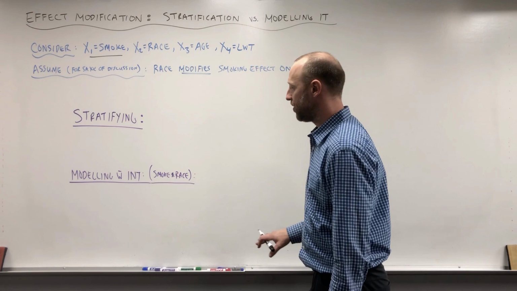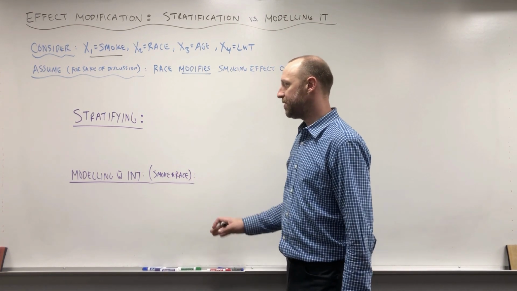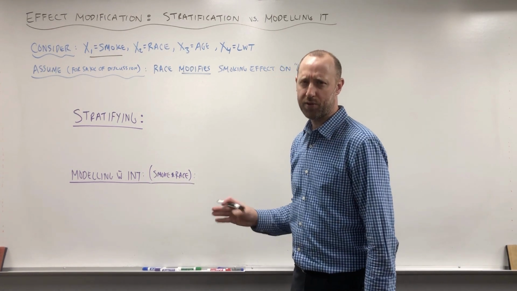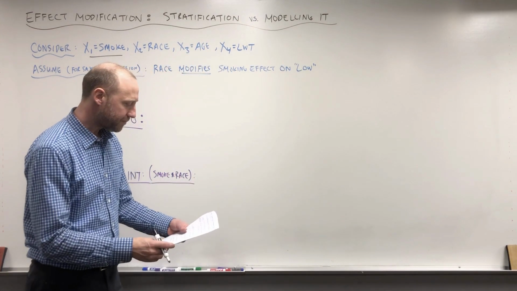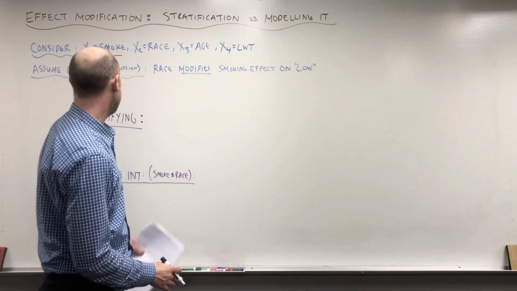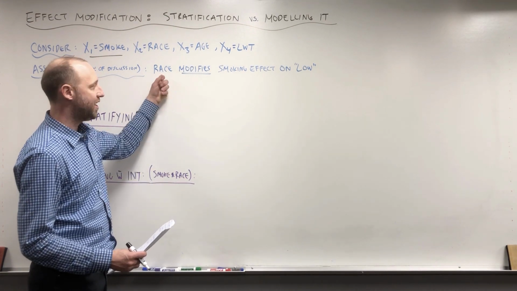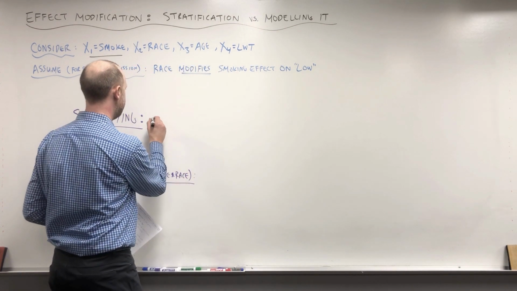So what I want to talk about is the assumptions, the explicit and implicit assumptions when stratifying versus modeling it, and some of the pros and cons of each. So I want to help you connect these two ideas. And so first, let's think of stratifying, right? If we thought the effect of smoking changed depending on race category, what we can do is